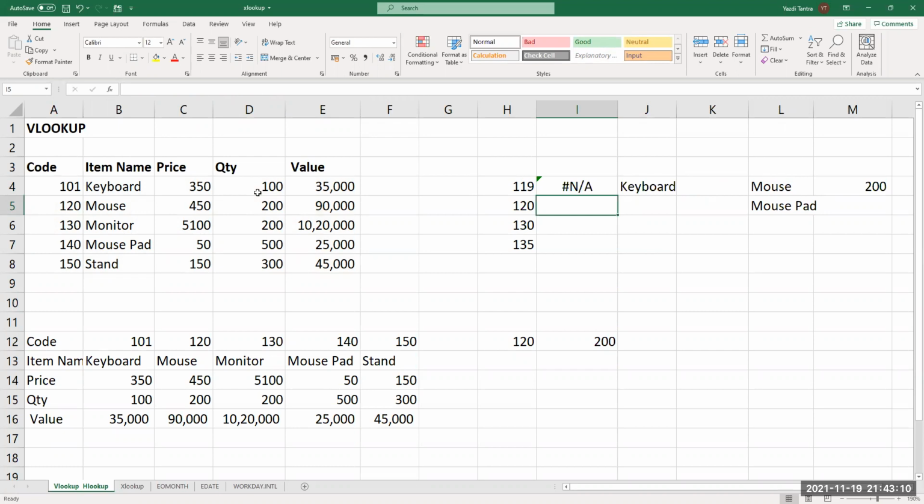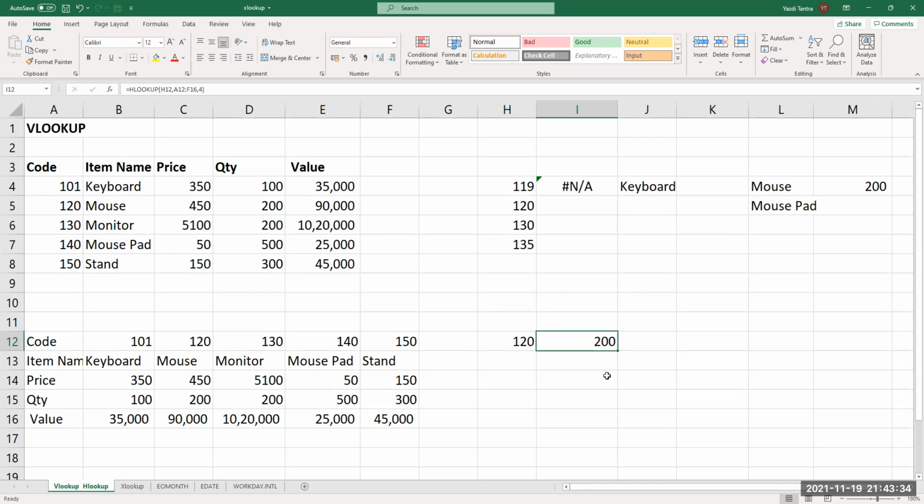So this is how VLOOKUP works. Now, what I have done is I've just transposed these columns down here. I have made the codes which were in a column into a row, and item name, which was a column, I have made into a row, and likewise. In the same way, I have the formula which says HLOOKUP.